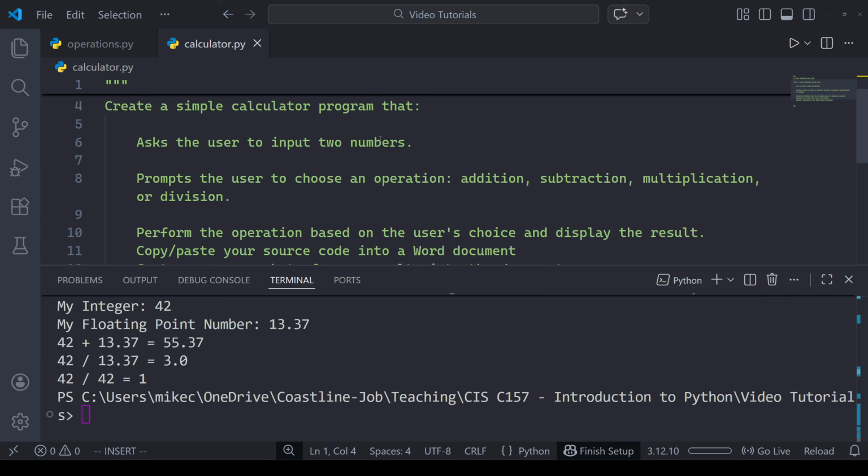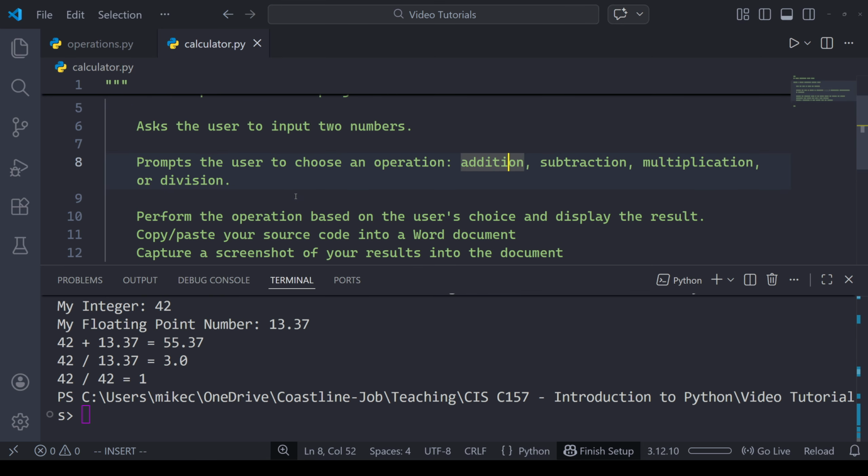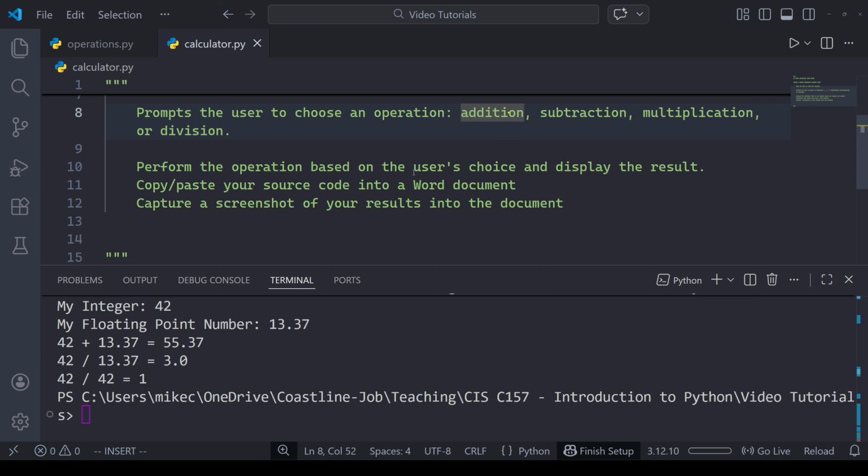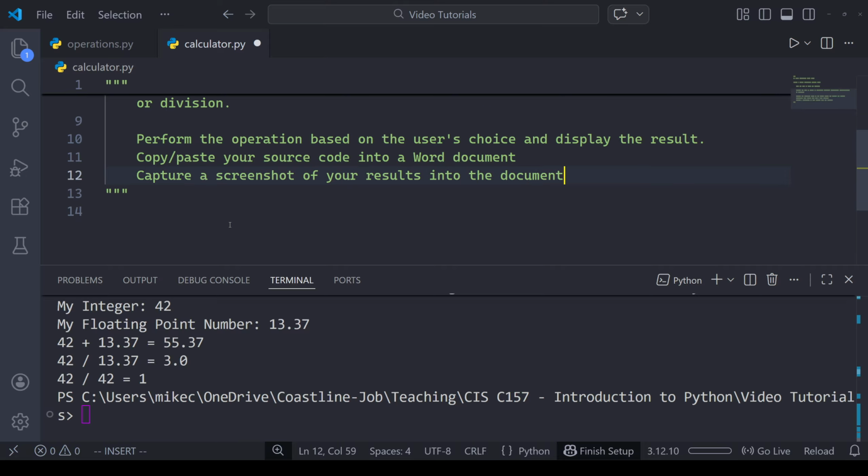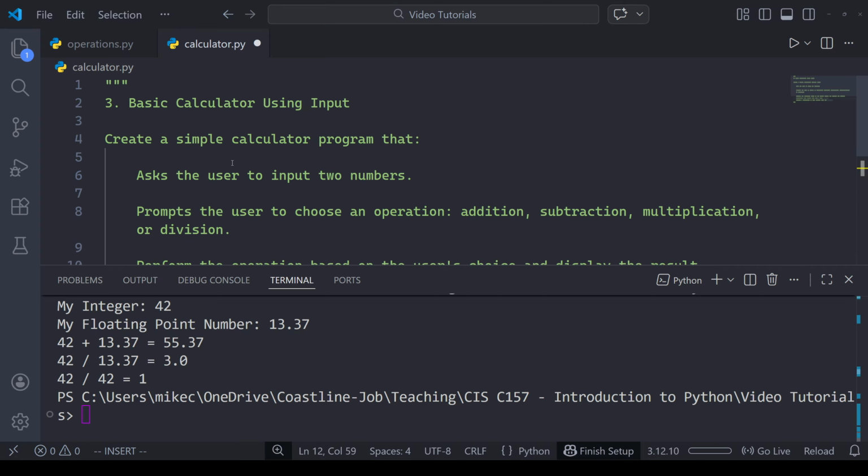So they want us to create a calculator app that does a couple of things, and they give us the steps. The first one is to ask the user to input two numbers. So we want to get user input for two different numbers. And then we want to get a third piece of user input prompting them to select an operation: addition, subtraction, multiplication, and division. The same things you will have implemented in the first problem set. And then they just want us to perform the operation based on what the user chooses and then print the results to the screen. So this takes exactly what we just went over. We have to create a few variables for user input.